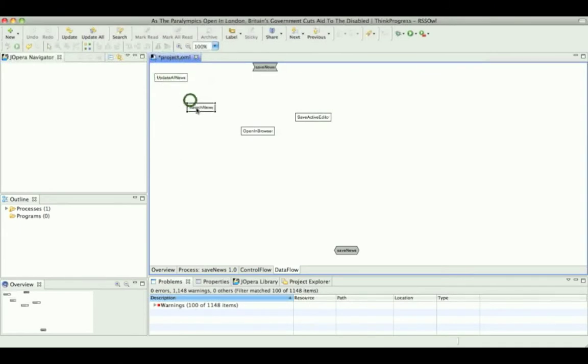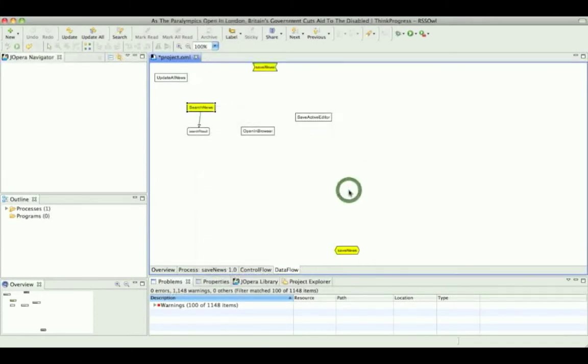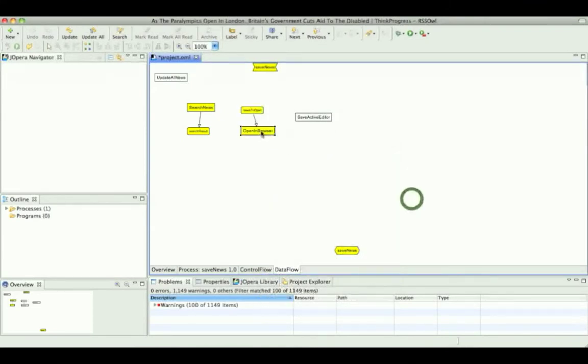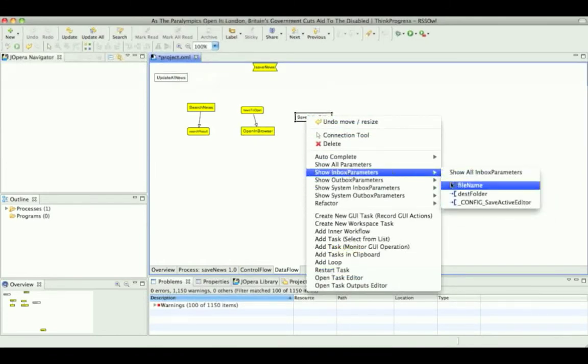Now Tom just has to connect the inputs and outputs of all these tasks that are in the workflow. So he will show the outbox of the search news result, then show the inbox of the opening browser, and then connect all these inboxes and outboxes.